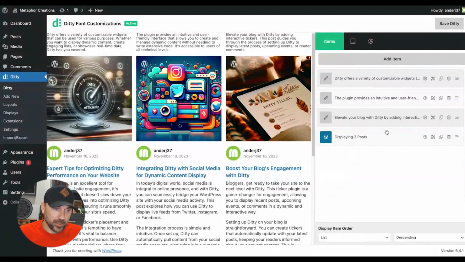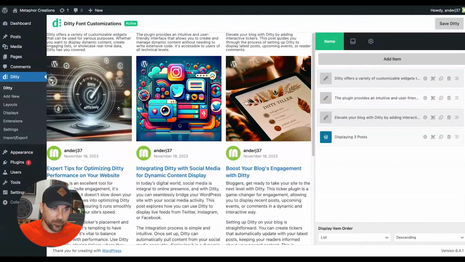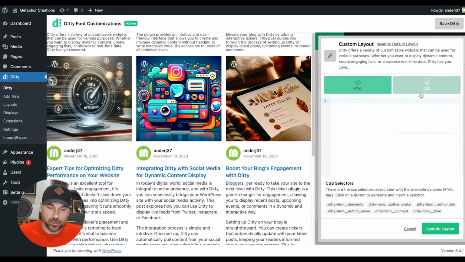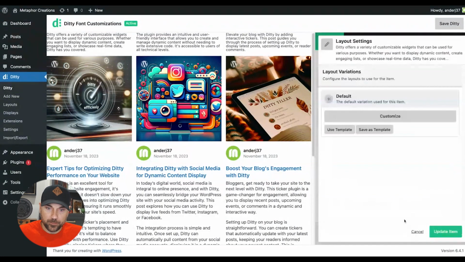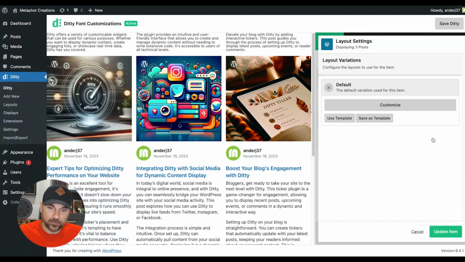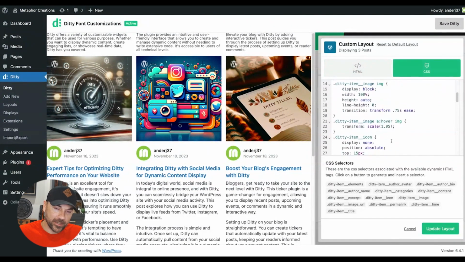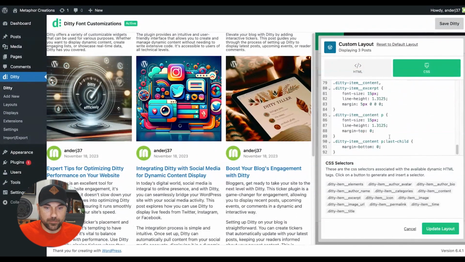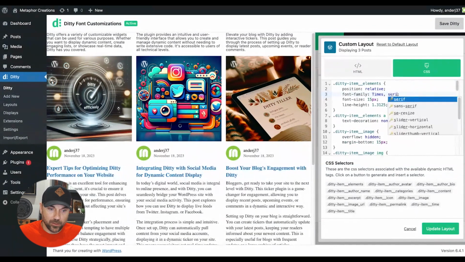All of these are using just the default layouts that will automatically populate when you add them to your Ditty. The default item type, if you look at this layout, has no CSS whatsoever. If you look at the posts, there's quite a bit of CSS here that's already styling it. So this would be one way to adjust your fonts: go into the styles and change it all the time. You can set the font size here,